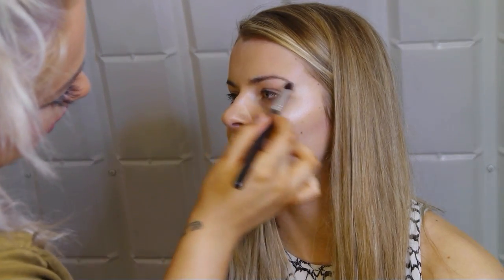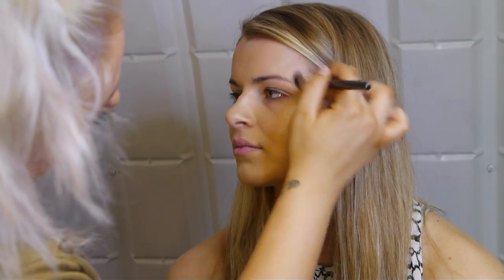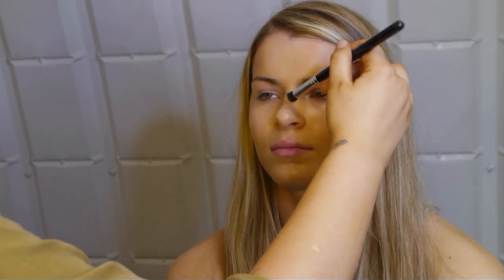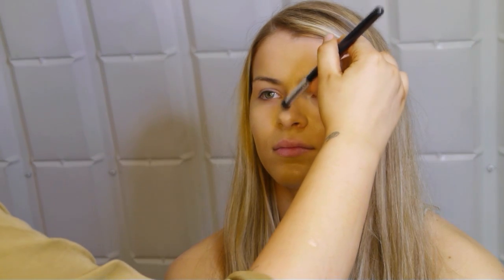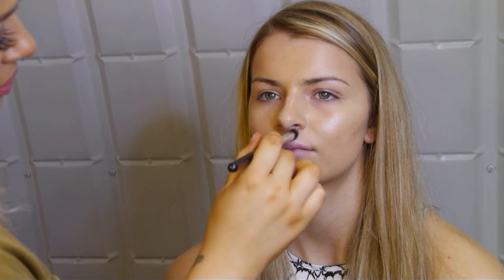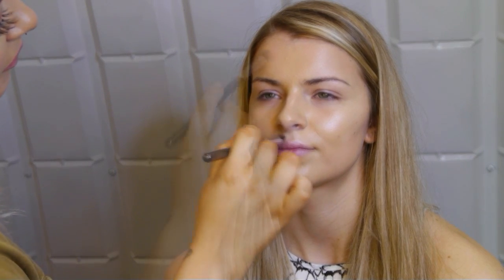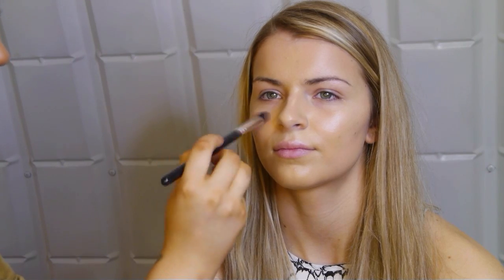Take it into the brow bone. We're just going to take it down the centre of our nose. And Cupid's bow as well, which is going to make your top lip look more plump. You can take it onto the chin if you really want, but I find that it can make you look a bit too oily. So I usually leave the chin unless I'm doing a photo shoot and I want